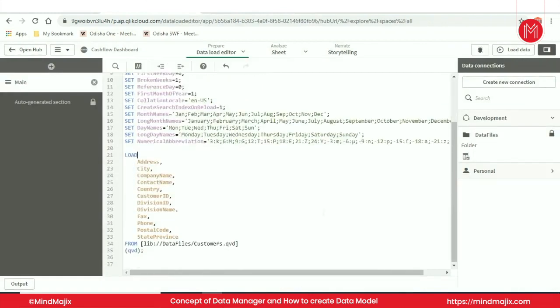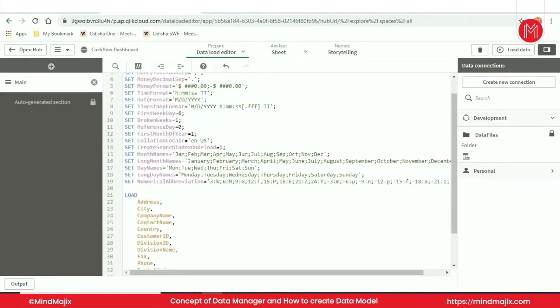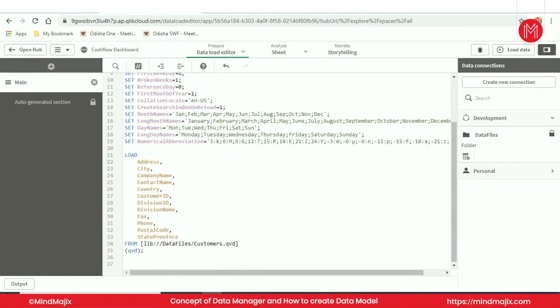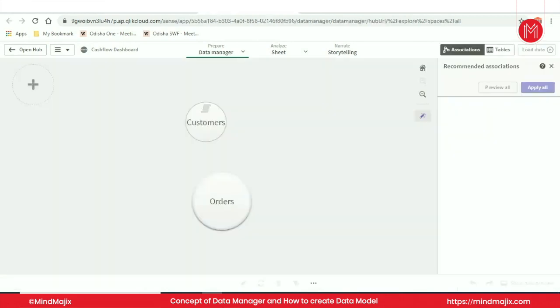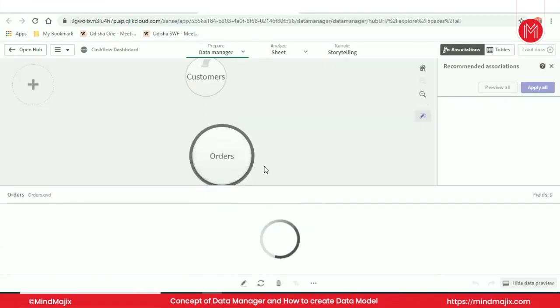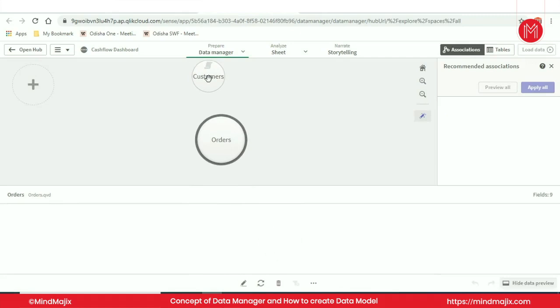I had just loaded the customer table earlier. This is the customer table, but now you see, although the table is loaded to our data model, we cannot see the customer table right here. Here we do have the order table and customer table.